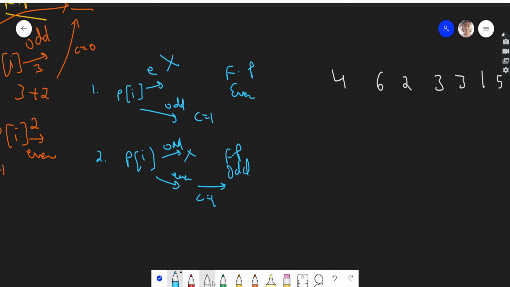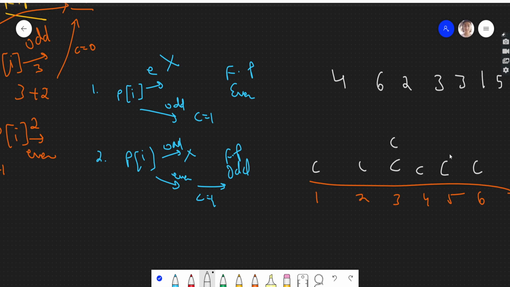Over here, I'm taking a different test case so that it gets more clear. We have 6 positions, 1 2 3 4 5 6, and there are 7 chips. The first chip is at position 4, then position 6, then position 2, position 3, then again position 3, then 1 and 5.